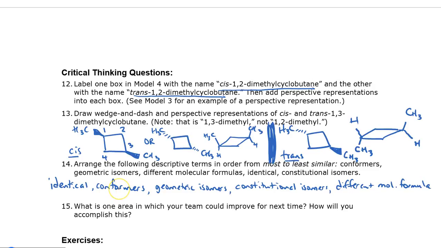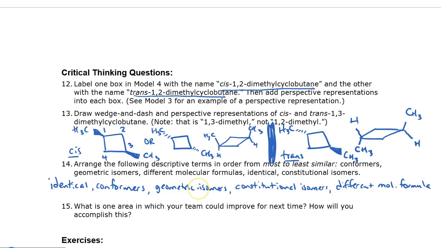Conformers, remember, are the same molecule, but you have twisted or rotated around single bonds. In this kind of diagram, we don't really have information about rotating around bonds. In order to have that kind of information, you would need to have a Newman projection, or you need to have a more specific wedge and dash. So you don't know, if these appear to be identical.